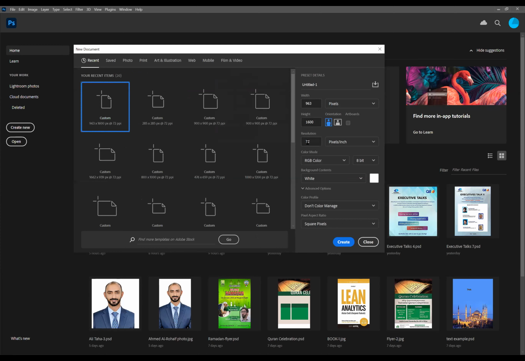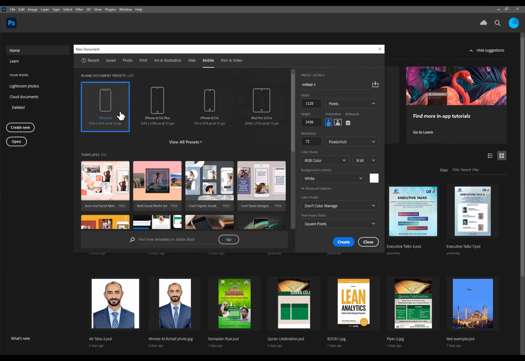Either you can select the values from here, or you can select from these pre-written presets. Maybe you can go to mobile and select any one of the mobile devices as you like, so that you can create accordingly.